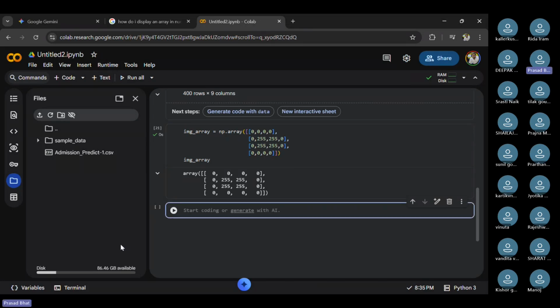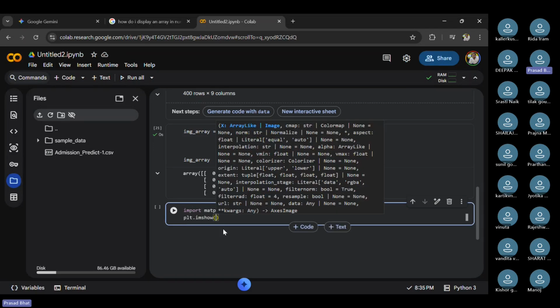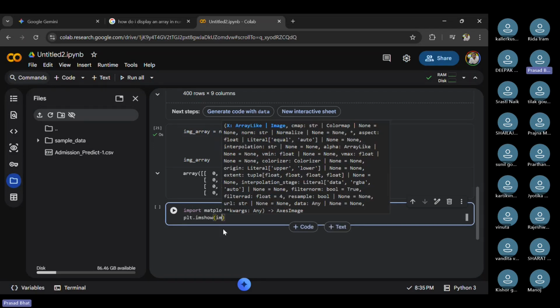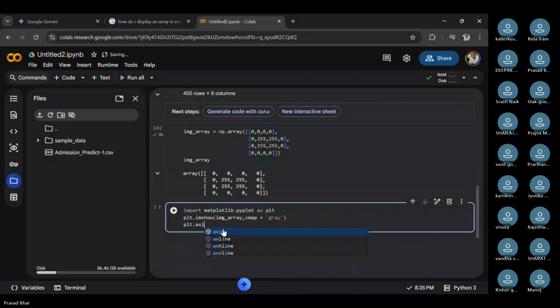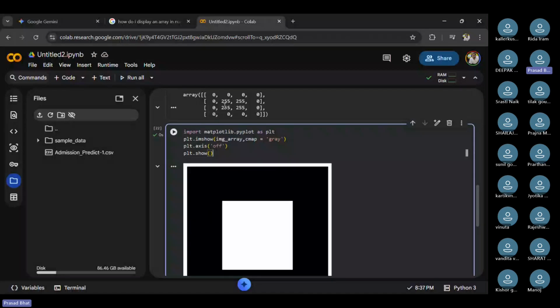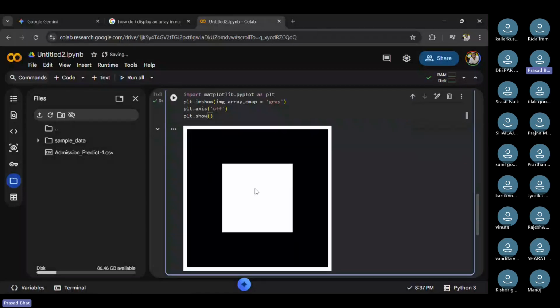Just to show you, import plt. Yeah, right. What was the name I had given? IMG underscore array, comma cmap. Yeah, can you see this? So the zero values that we had put in the surrounding areas are treated as the black border here, and the middle 255, 255, 255, 255 is looking like a white patch